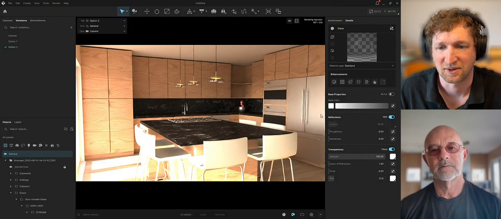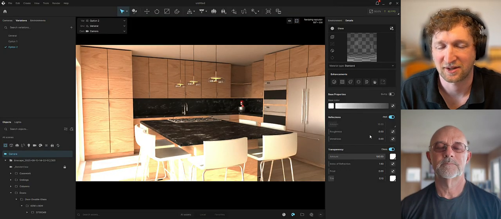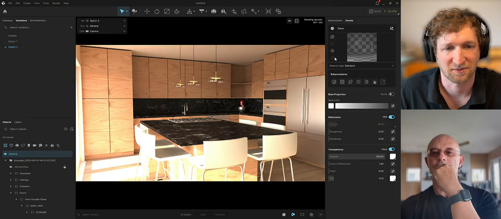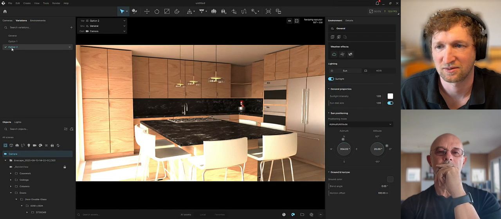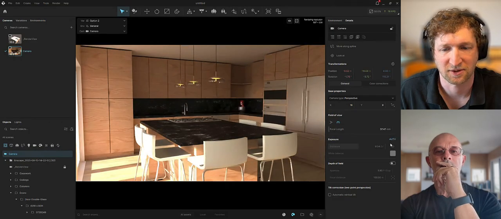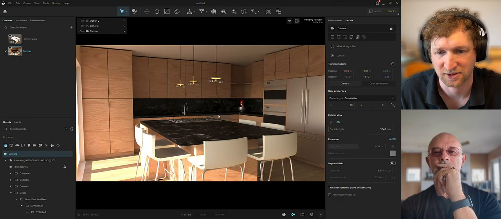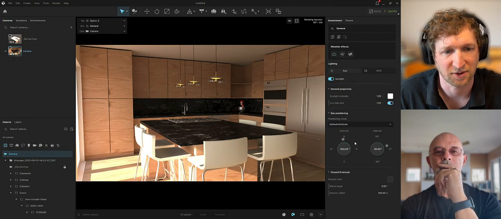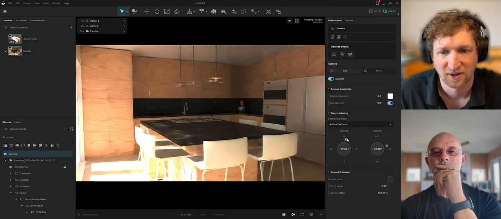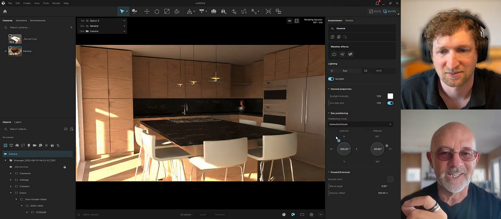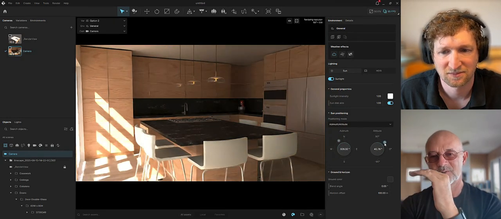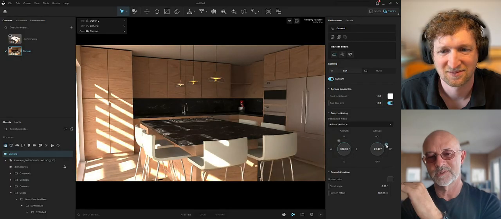And we can see here too, on my camera, we have all the different camera properties as well. So here, let me go back to camera, and there, I can even turn on auto exposure again. I can really start dialing in that. But now under the environment tab again, we could play with the sun. You just want to tweak the lights because the direction and angle of the light informs